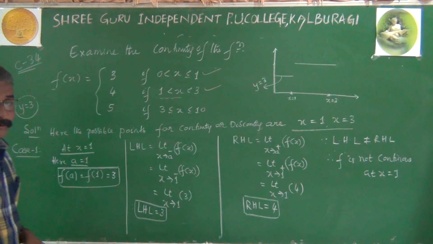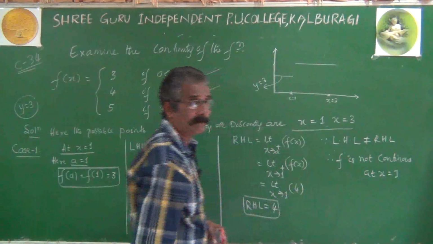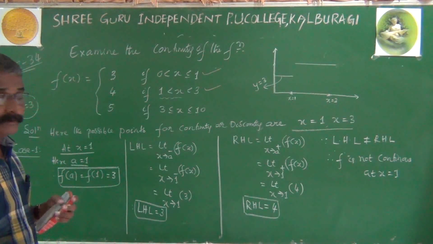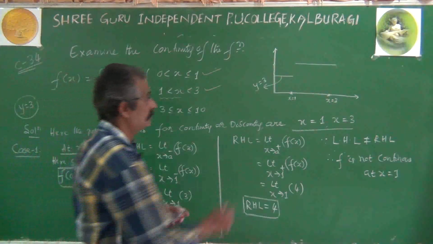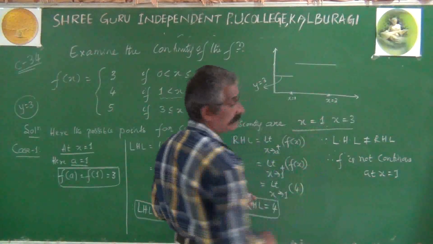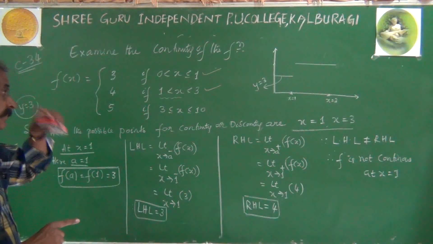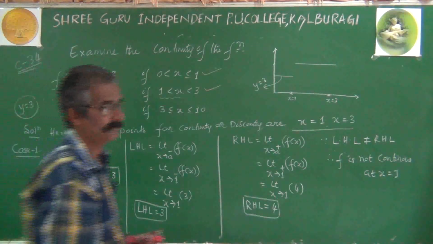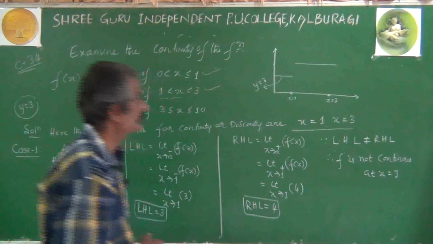Now obviously there is a gap. Here you can observe that gap. That gap will show that your function is discontinuous at point x equal to 1. No doubt 0 to 1 is continuous. No doubt 1 to 3 is continuous. But exactly at x equal to 1 it is discontinuous because of its definition. Okay. Next case, second case of this problem.